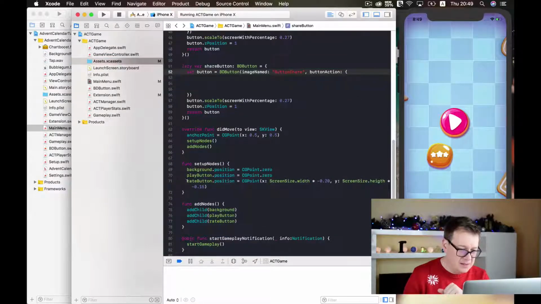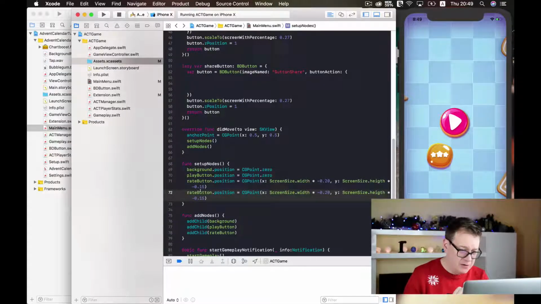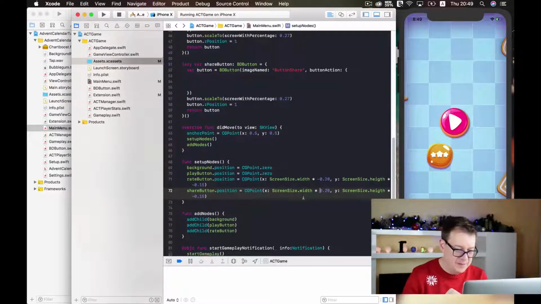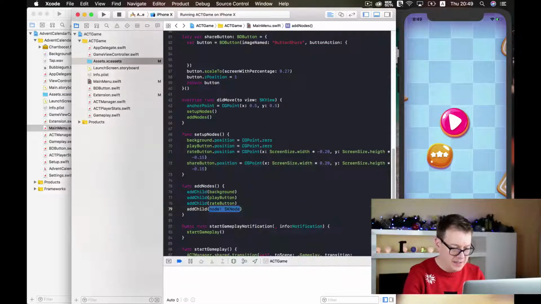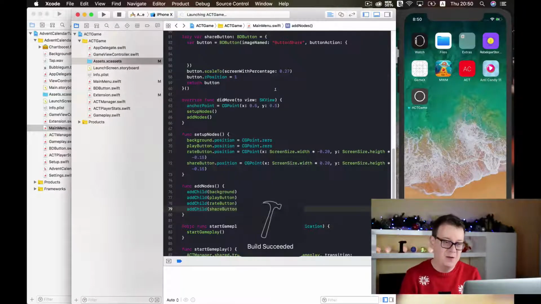And now let's add it to the right of our left. Let's copy this out and add it to the right of our rate button. So inside here, share, and we will make this a positive number. Okay, and finally add child share button. Let's build and run, and we should be ready with our